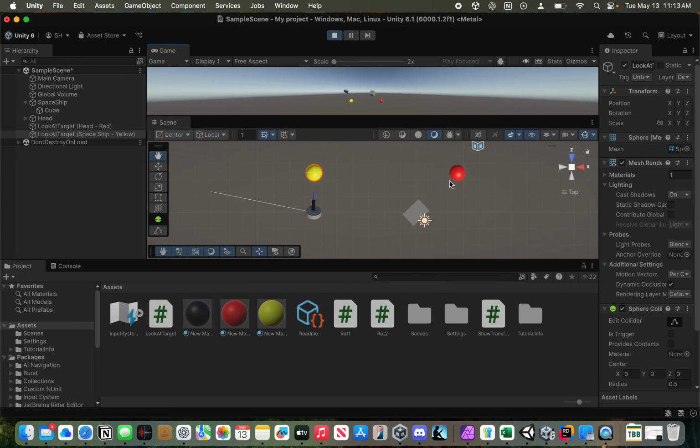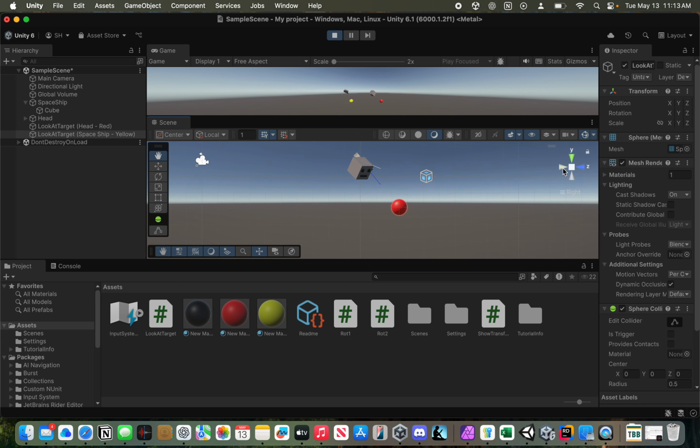if I, let's look at the face first. So maybe we want front here, I think. So there's front. So you can see the orientation there. If I